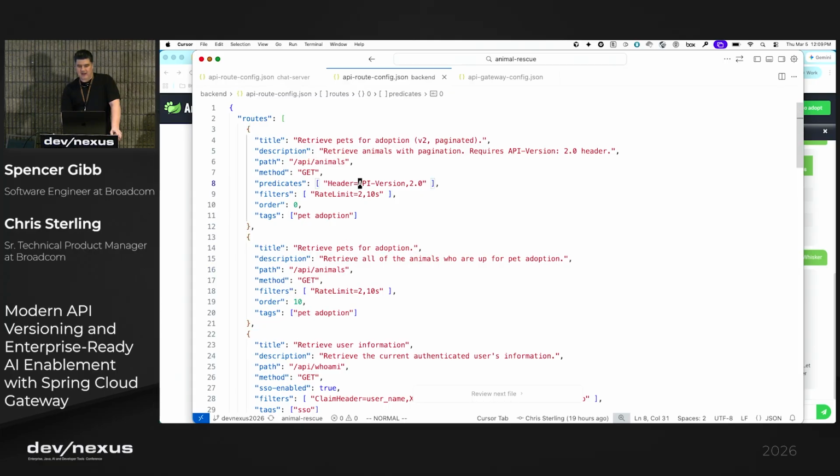But when you hit it with the header API version 2.0, all of a sudden it's going to give me the new paginated version. So my front end can now call it with the appropriate header, and it will do the right thing in terms of giving me a paginated list. Give me the first 3,